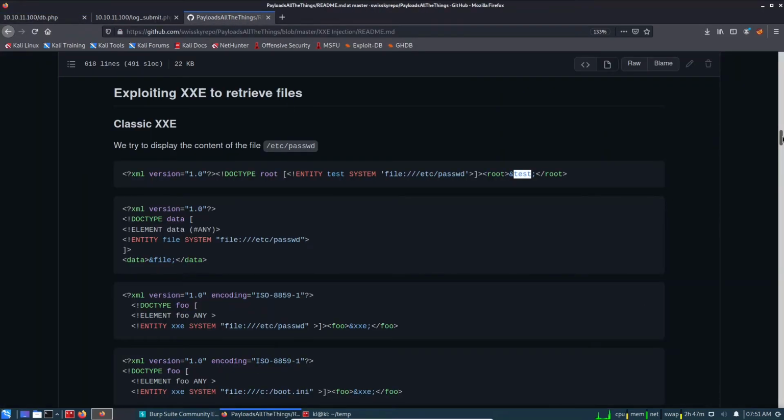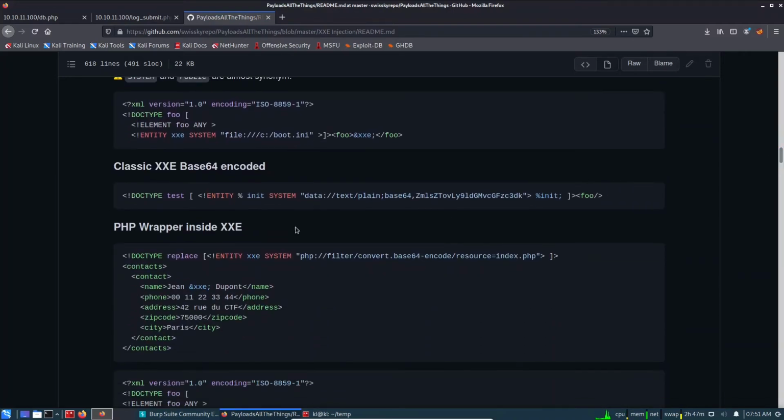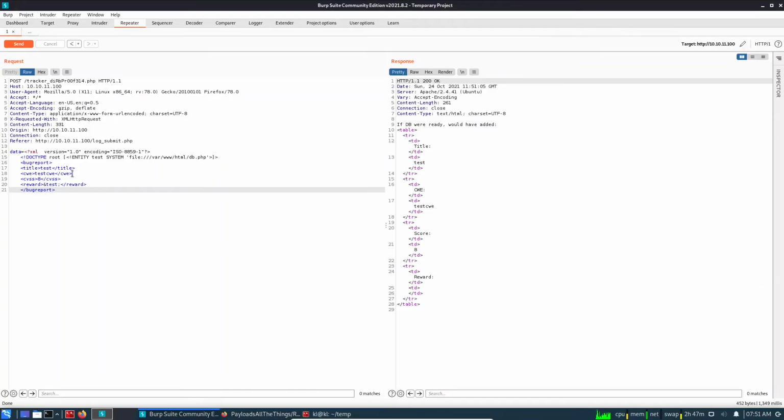So, PayloadsAllTheThings. Let's scroll down, and we can use this for the PHP wrapper inside XXE. So let's copy the entire thing, paste it here, and